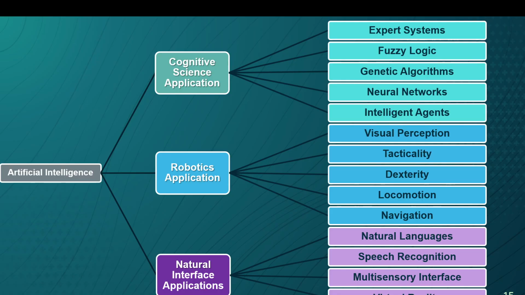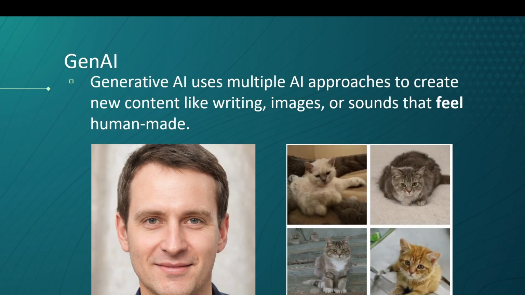Artificial intelligence encompasses a number of other fields in engineering and computer science that are all focused on trying to get computers to do cognitive tasks, but those tasks are very different. So we have things like expert systems, we have things like neural networks, we have things like agents, we have things like visual recognition. All of these different subcategories are types of AI. And recently, we have now created generative AI, which is this new category that caused everyone to get really, really